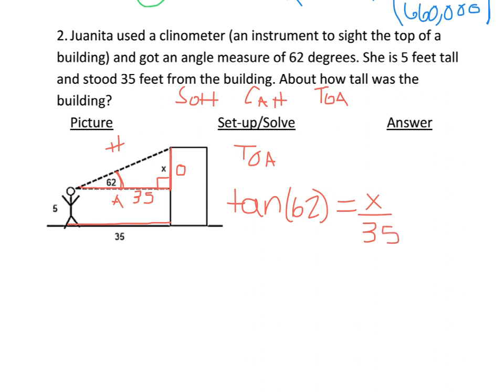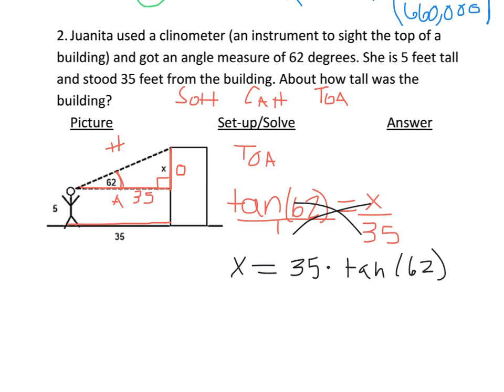If you want to just balance and solve from here and multiply by 35 on both sides, you totally could do that. Otherwise, if you want to use cross multiplication, we can make that into a fraction. And then we cross multiply and solve. X times 1 is just x, which equals tangent of 62 times 35. Make sure you keep 62 in parentheses. And then x is about, type that in the calculator, 35 times tangent of 62 should give us about 66,